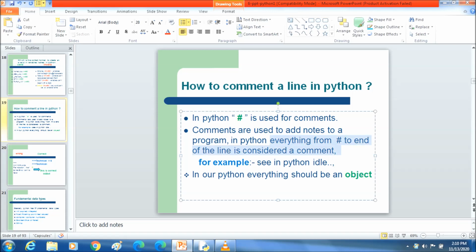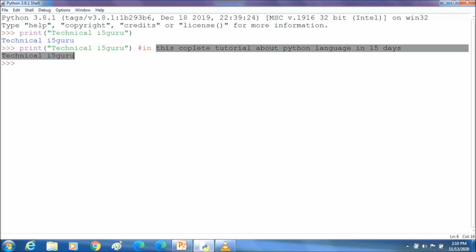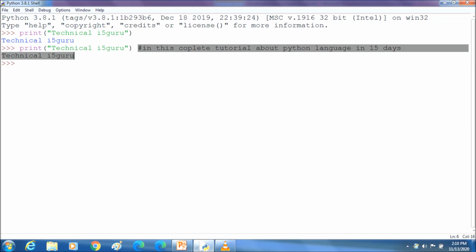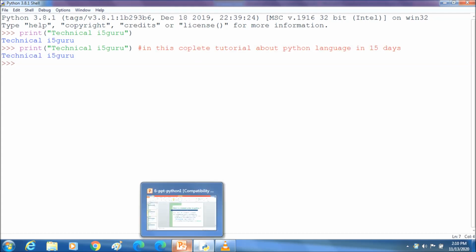In Python, everything from the hash to the end of the line is considered a comment. For example, hash this is a complete tutorial about Python language in 15 days. Print of technical IFA Guru. Hash, this is a comment after the print statement.